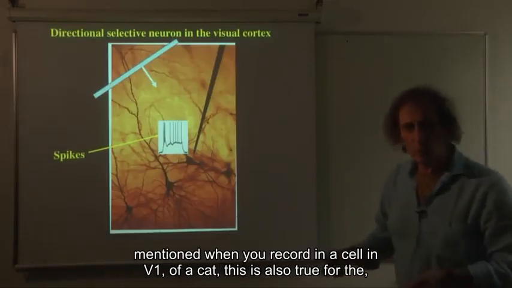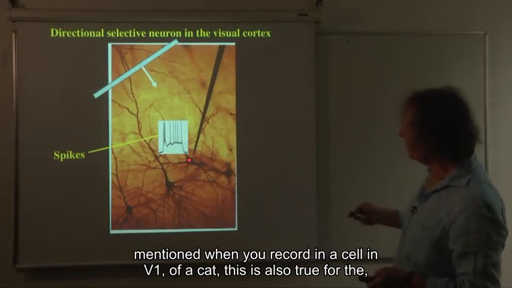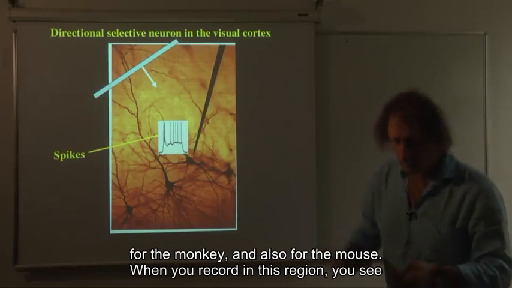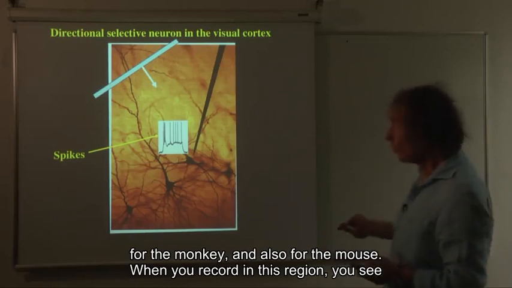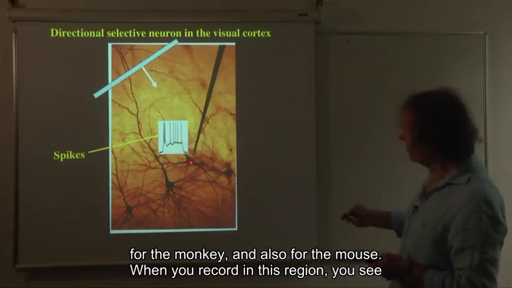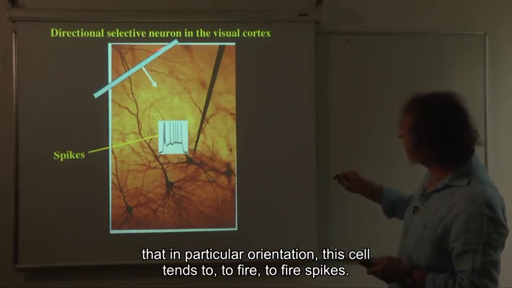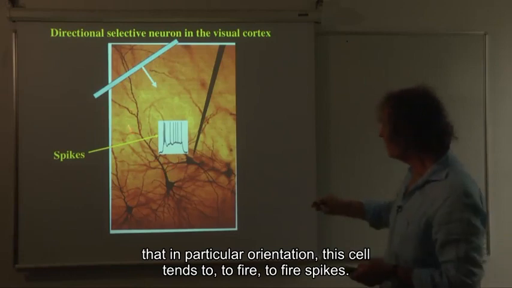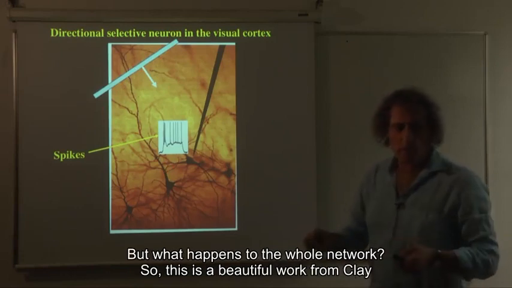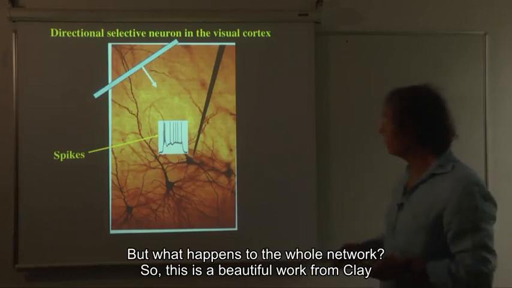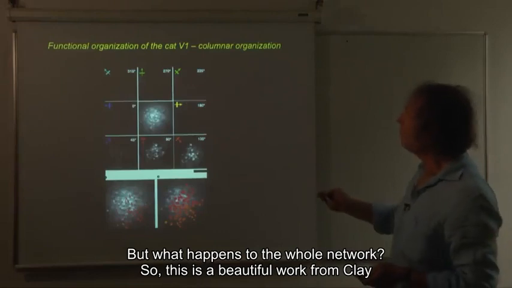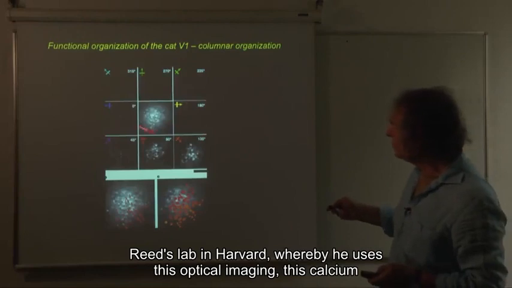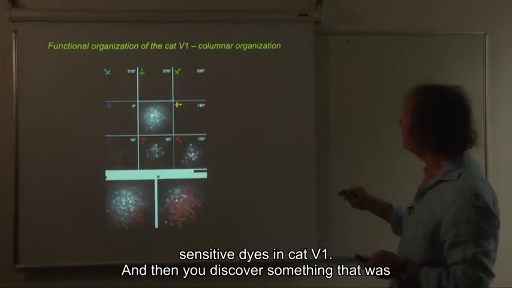We mentioned Hubel and Wiesel's work. We mentioned that when you record from a cell in V1 of a cat, and this is also true for the monkey and also for the mouse, you see that in a particular orientation, this cell tends to fire spikes. But what happens to the whole network? This is a beautiful work from Clay Reid's lab at Harvard, whereby he uses optical imaging, these calcium-sensitive dyes